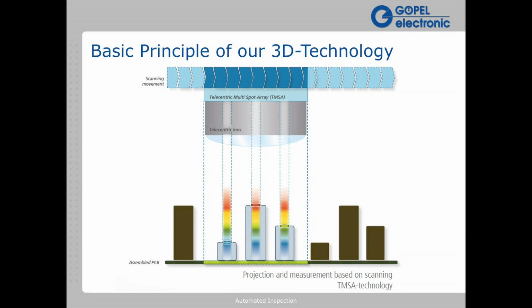The heart of our 3D-AOI system is a chromatic lens that focuses different light frequencies at different focal lengths. As a result, we are able to project an array of light spots orthogonally down onto the board under test. The light being reflected back from the top of the topographical surfaces on the board under test